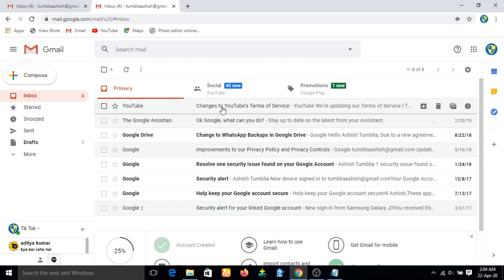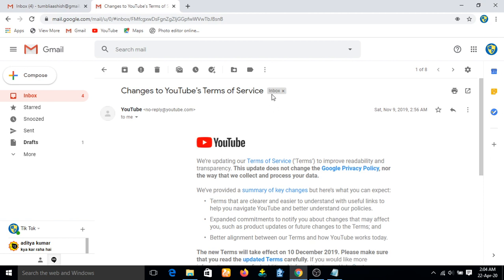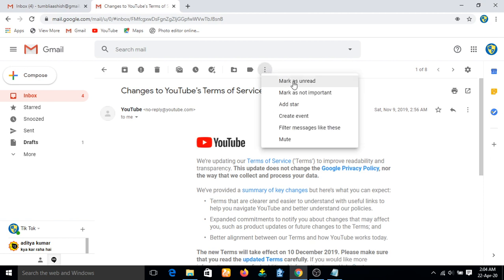So let me open this one. Mark it as important. Okay, guys. So this mail is already in important. Mark as not important. That means this mail is already in the important box.